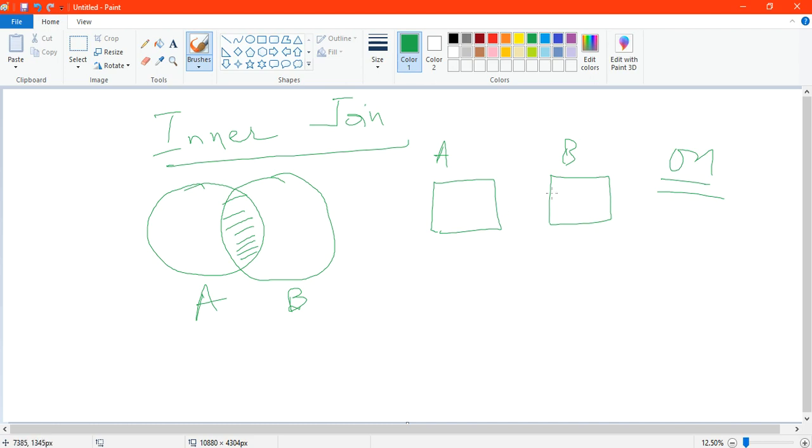I will show you in practical in a very short amount of time. Just remember that inner join means the records which are present in both tables should have the same value for the particular column. Let's say here the column name is C1, here the column name is C2. If I have applied the condition on C1 and C2, then the C1 value and the C2 value should be the same. I know it's getting complex, but when you come to the practical, everything will be clear.